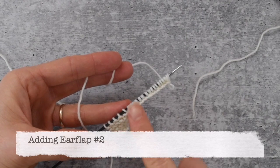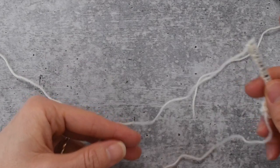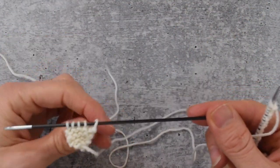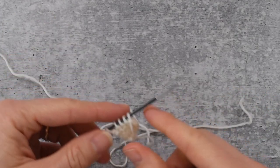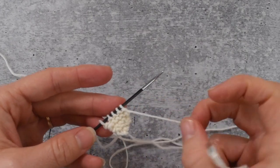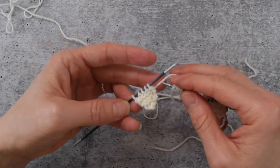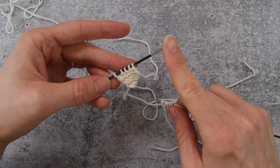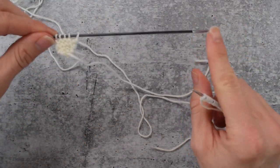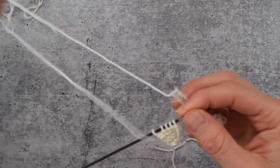All right, now that we have our 5 plus 16 stitches, what we need to do is transfer this needle into our right hand, and we are now going to use it to knit across ear flap number 1 and join them up together. So this stitch here with the yarn coming from it to work on, we are going to place here closest to the needle tip rather than over here where it would be farthest from the needle end that we work on. And then using the working yarn coming from the right needle here,